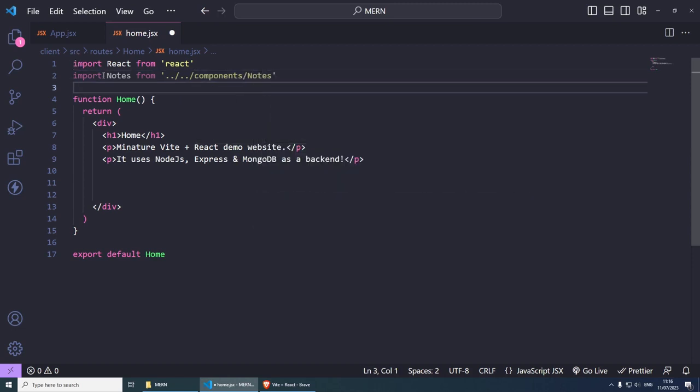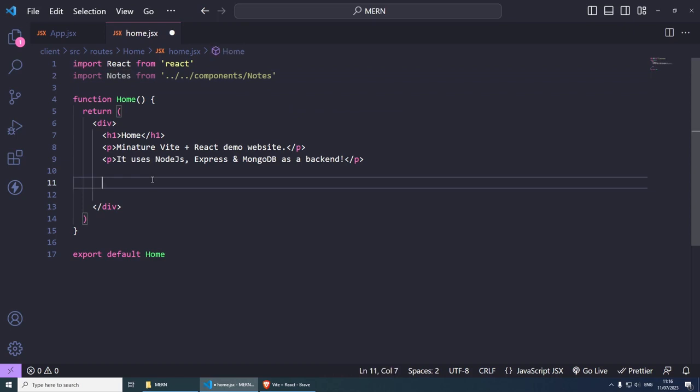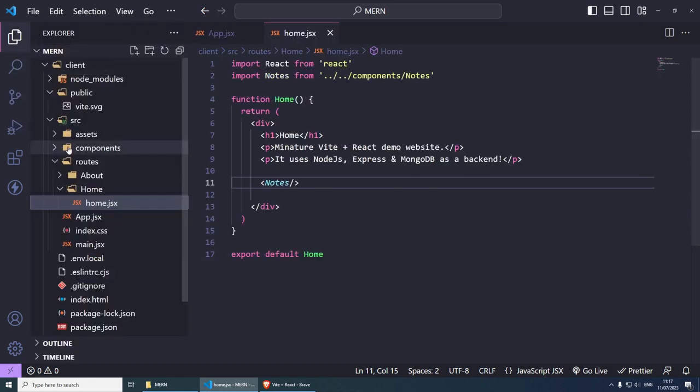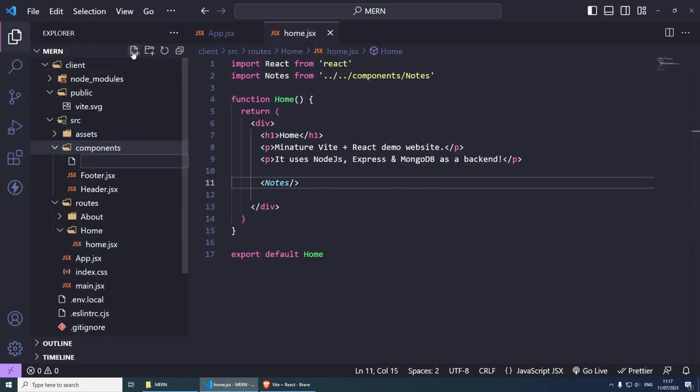We do need to create it, but before we do that, I'm going to insert it inside here. So note, and that's it. So essentially we can create a component note and insert them inside here, just so we can keep our home page clean. So now let's create this component by going inside component,